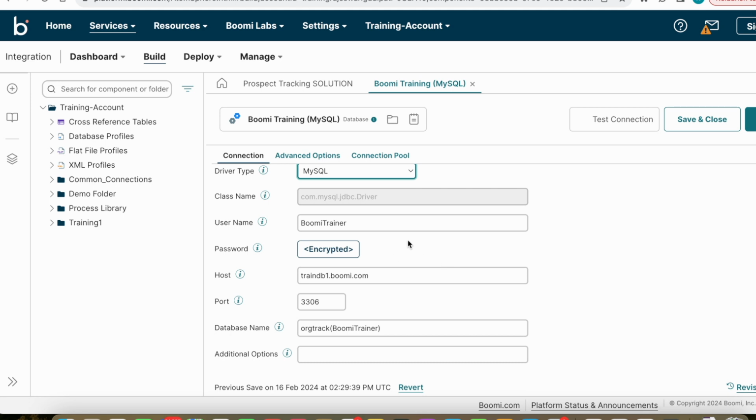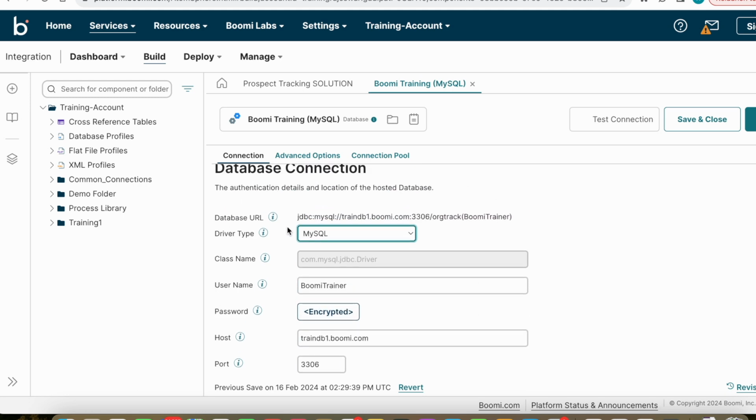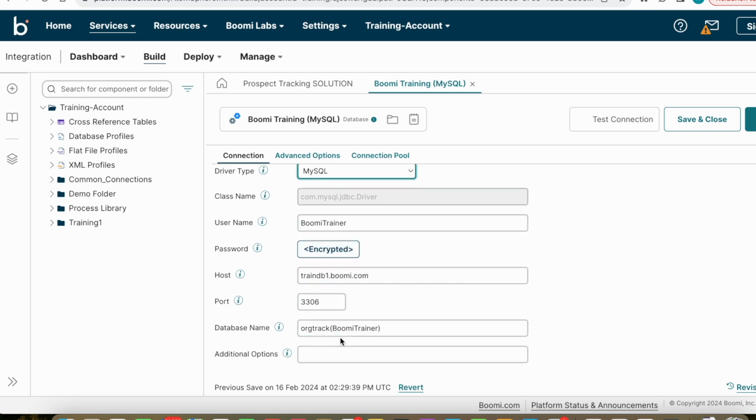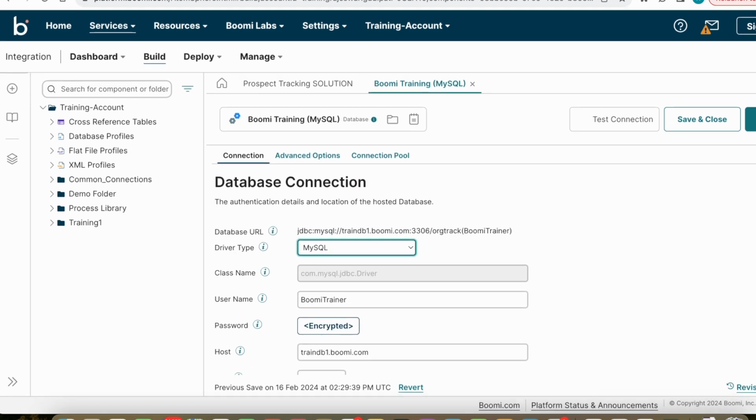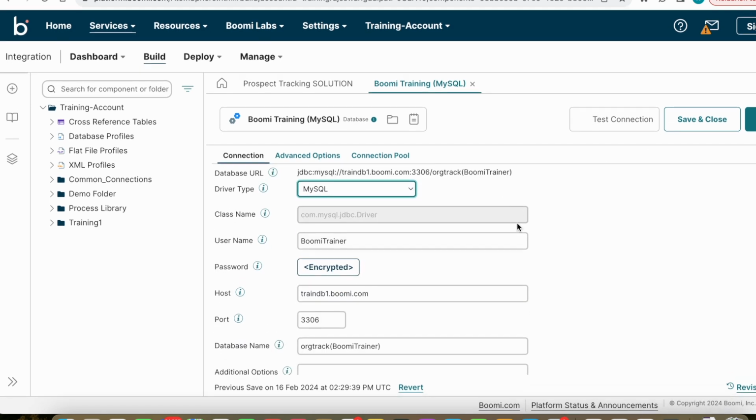In real time projects they will provide you all these details. So the only thing is you need to select driver type, and then you need to copy paste your username, password, and then host, port, and then database name. Okay, so after that you need to click on the save,